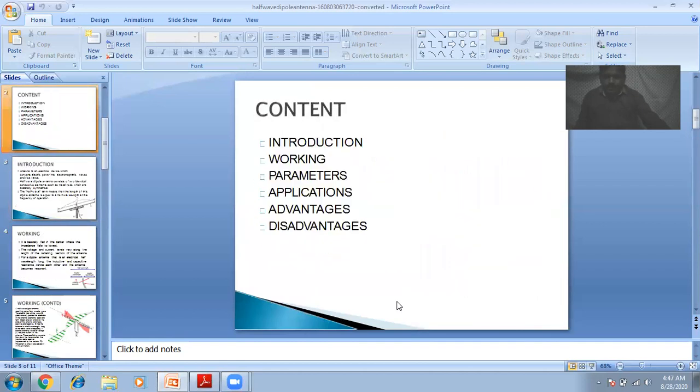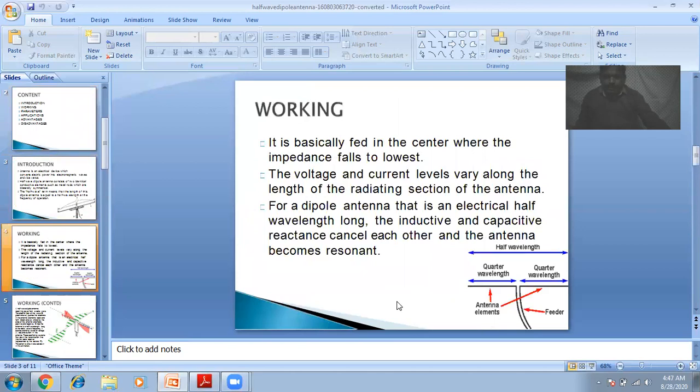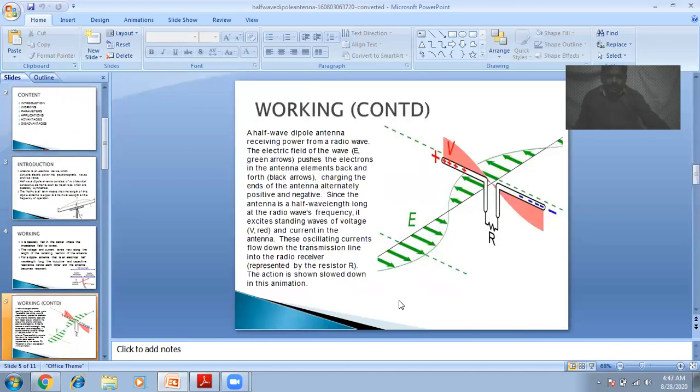So let us come to this half wave dipole antenna. Here, if you see from here to here, the length is equal to lambda by 2. Okay. So if you take only half of the length, that is equal to lambda by 4. So this is lambda by 4 and this is lambda by 4. So if you keep the lower portion of this antenna inside the ground, assume that this lower portion of this antenna is kept inside the ground.